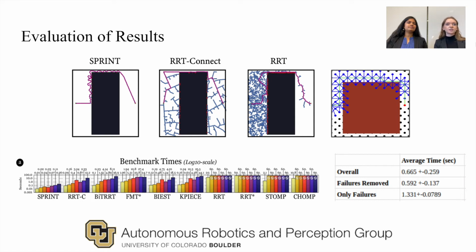This number is comparable to that of other planners, with the most competitive being Sprint, with an average of only about 0.5 seconds, but that's only for 25% of the map being covered in obstacles, with no dynamic obstacles included. All other planners being compared had an average of above 1 second for only 25% of the map being covered with no dynamic obstacles, with some taking over 10 seconds. This point of evaluation is extremely promising considering our increased map coverage as well as the inclusion of dynamic obstacles